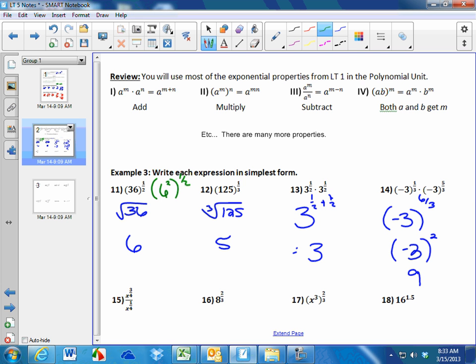So what's 6 squared to the 1/2? It's 2 times 1/2, 6 to the 1. And you can do the same thing on number 12 by rewriting 125 as 5 cubed. Then you have an exponent 3 times 1/3. All right? But I personally, when I do number 11 or 12, I think of square roots and cube roots and finish it that way. All right, but all that was to talk about